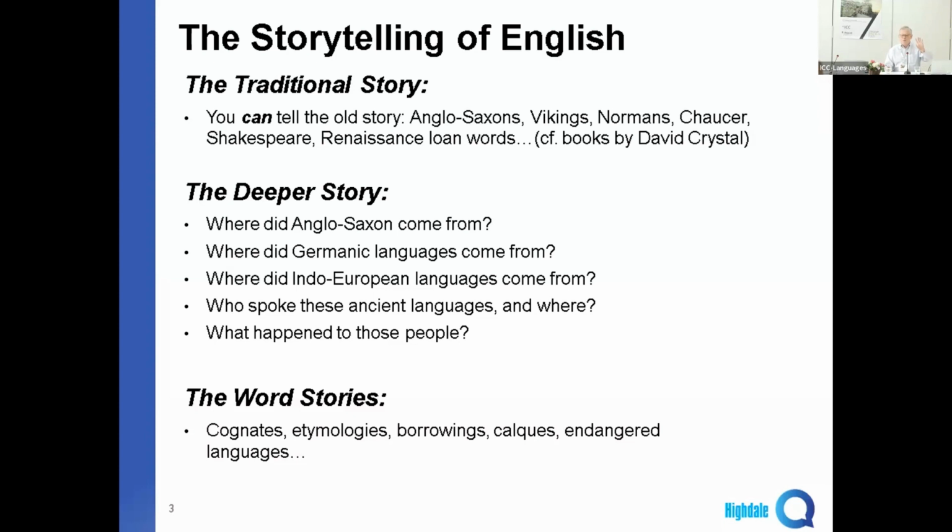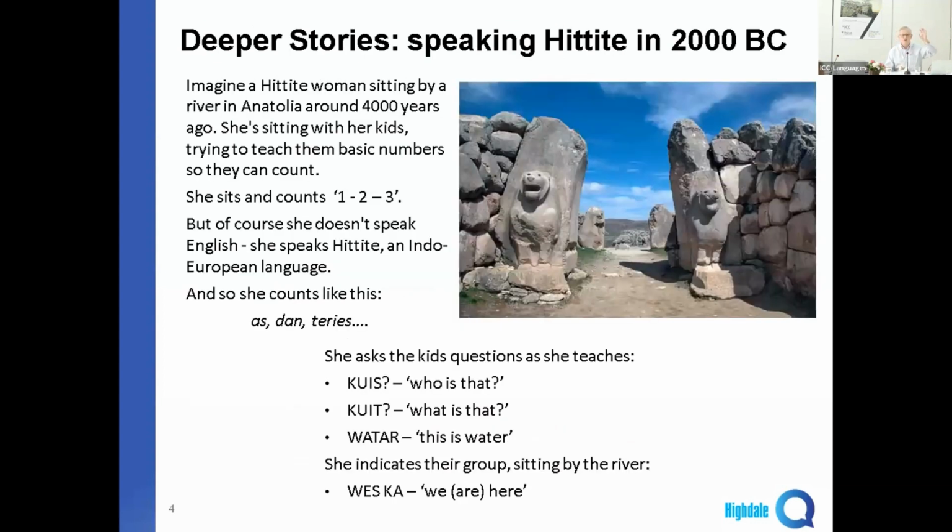Obviously not for beginners, no, but for intermediate upwards, and especially for those challenging students you might have, especially at university, who are at B1, B2, C1 levels, and they've done the Eiffel Tower 10 times. So you need to have some new topics for them. And the third type of story is the stories of the words themselves, word stories, etymologies. So let's start in Anatolia, the best place to start for learning the English language.